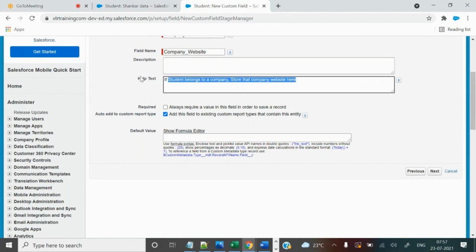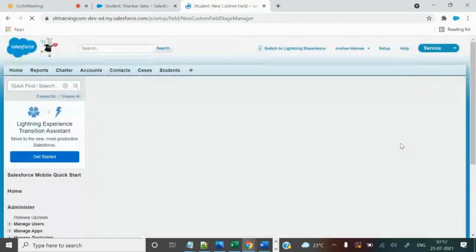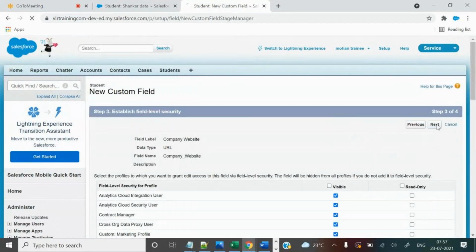Help text, and you can see the required option is also available here. Next button.